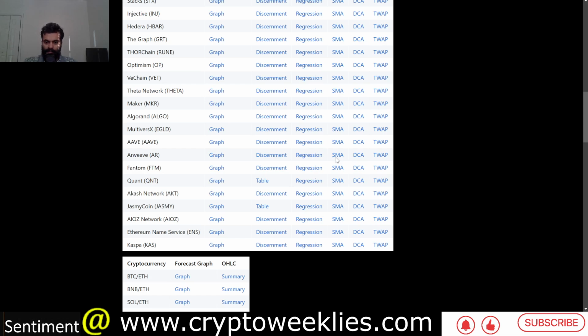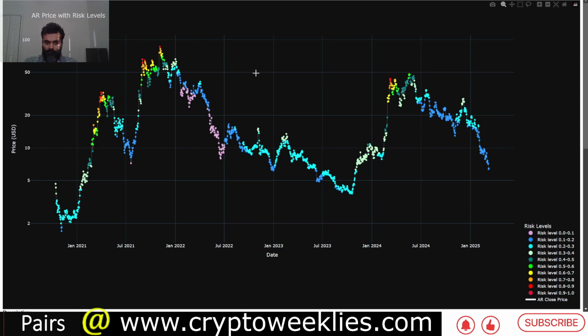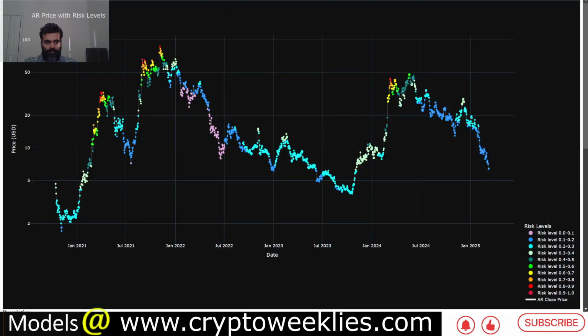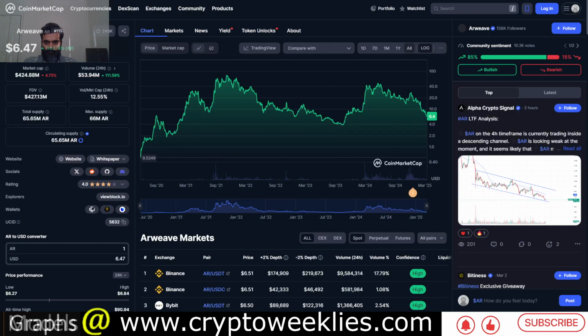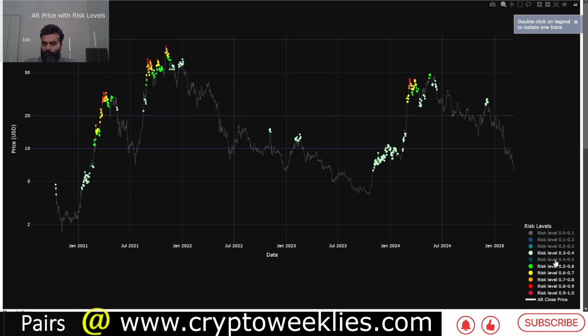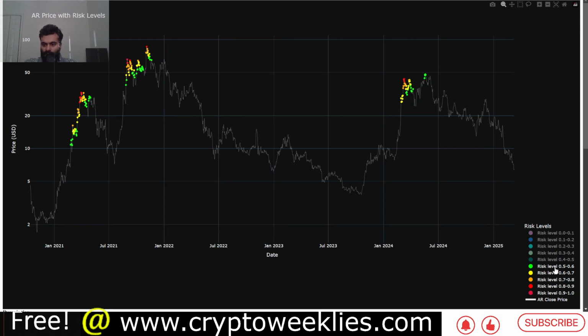Looking at the simple moving average, that is the 20-week simple moving average, price color coded with respect to the 20-week simple moving average helps establish risk. So for example, this is the price chart for Arweave over here. In terms of tokenomics, again 99% is already in circulation. That's a good thing. Now if we color code this price, instead of looking at price as a single data point, we look at how the price is doing with respect to the 20-week moving average, and per that relationship we codify if the asset is in a high risk mode or low risk mode. Particularly for altcoins, whenever the risk level is elevated, that is higher than 50%,